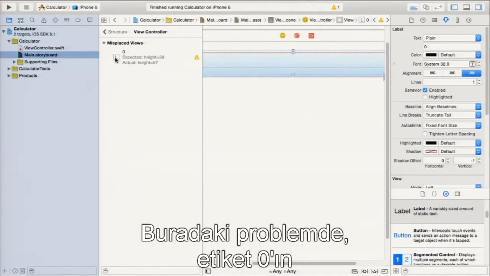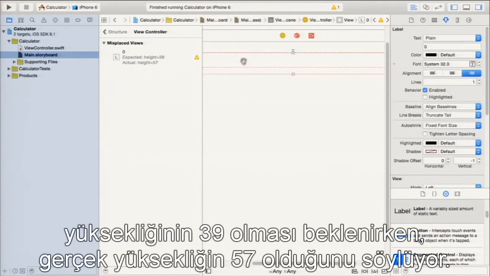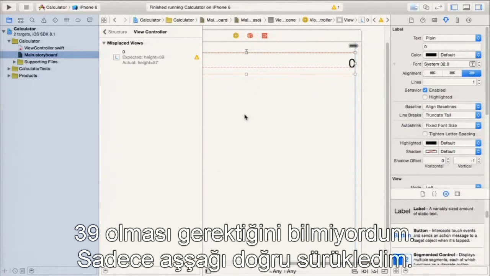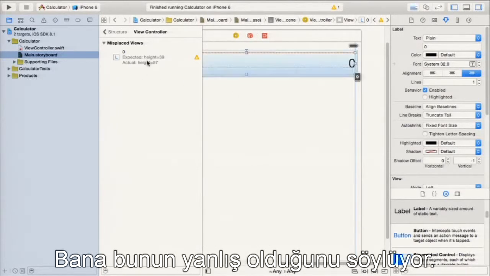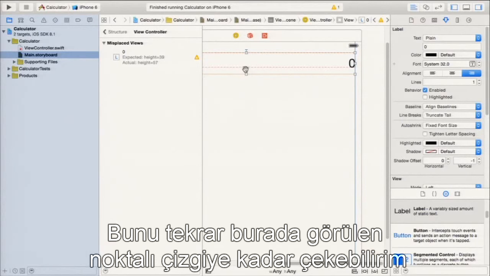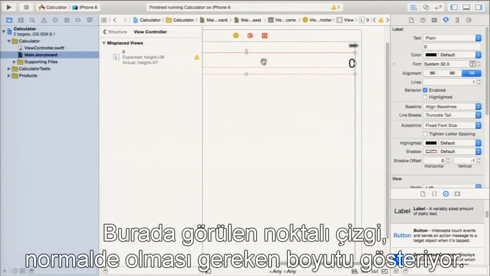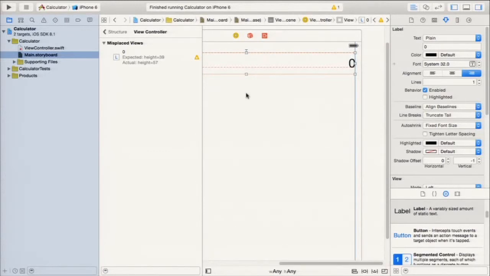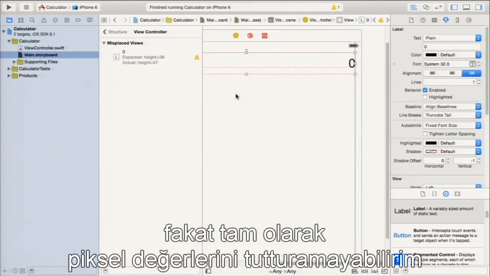It's saying the label with the 0 in it expected the height to be 39, but the actual height is 57. Well, that's because after I set this font, I just dragged this down a little bit to make space, right? I didn't know it was supposed to be 39. I just dragged down. And so it's saying that's wrong. Now, I could just try and drag it back up and meet this dashed line. This dashed line, by the way, is where it's kind of saying this is really where this thing wants to be, but the solid lines are where it actually is. So I could kind of drag it up to there,